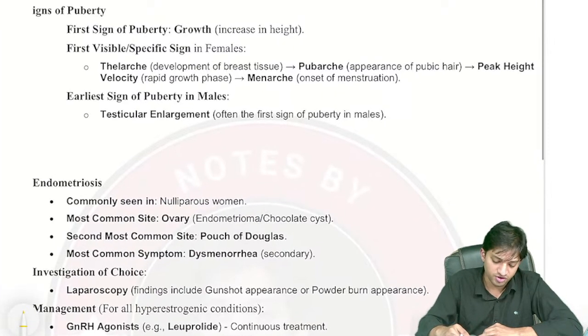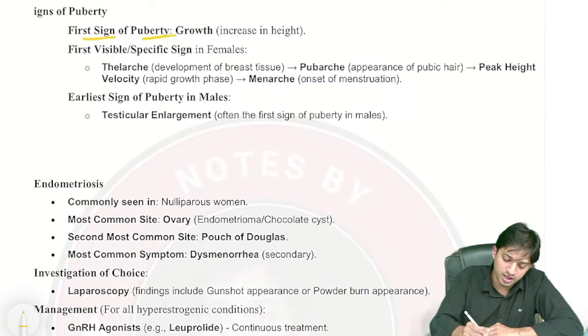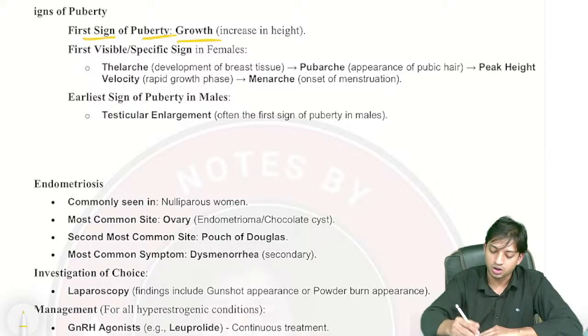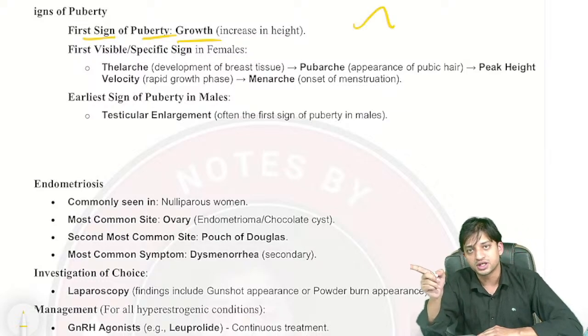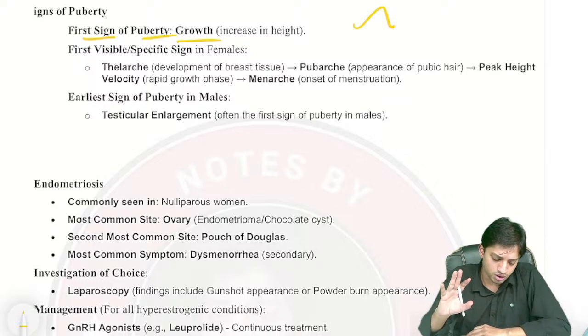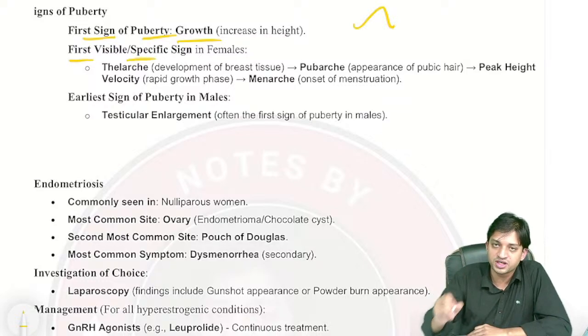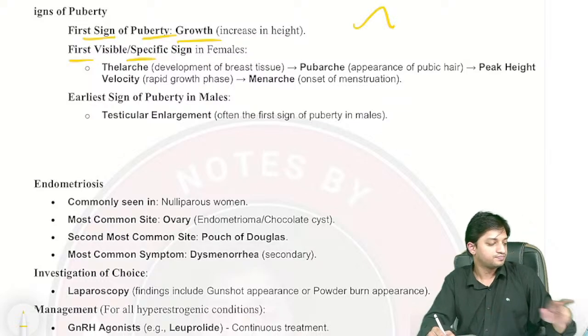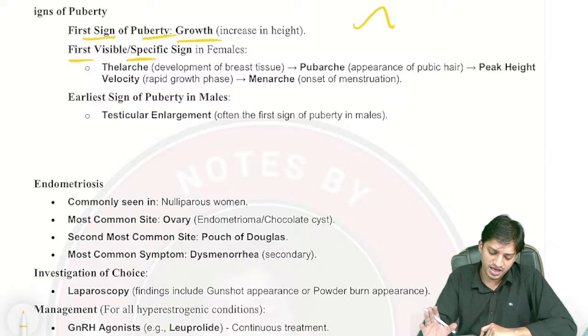So for the signs of puberty, you will see the first sign of puberty is growth, height increase or the growth spurt, right? You might have studied in pedia, they ask you, so this is pedia and gynae integration. First sign of puberty, again growth. Second, first visible specific sign in female, what is it? Tell me guys. The first visible specific sign in female is